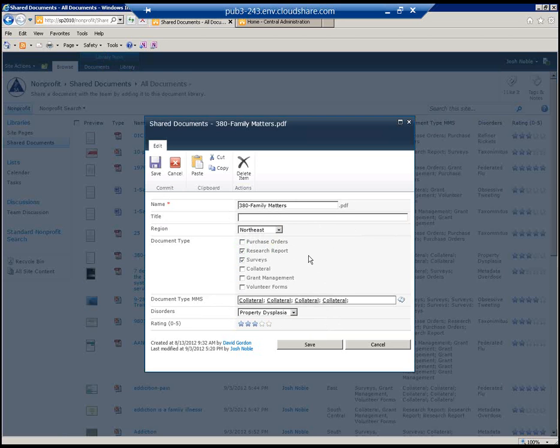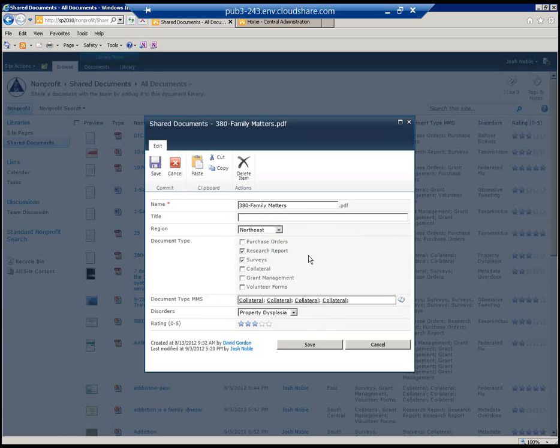What Robert showed you how to do when he was speaking there is how to change these from crawled properties that are not necessarily exposed to the search index into mapped properties. And when you create that property mapping, you're now telling the search engine, okay, look at this property, consider this, and start being able to include that either as something you could display like a refiner, a field on the advanced search page, or just look at that property when you're running the search query each time and consider